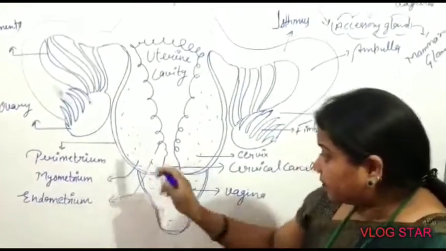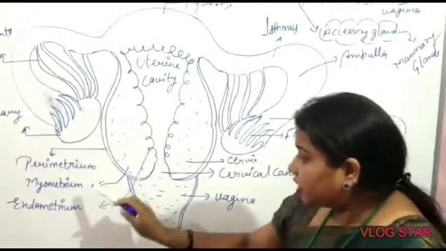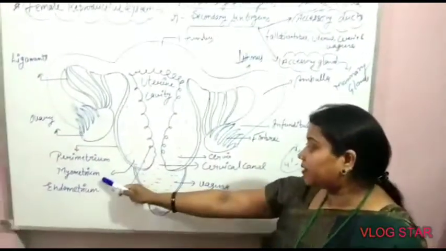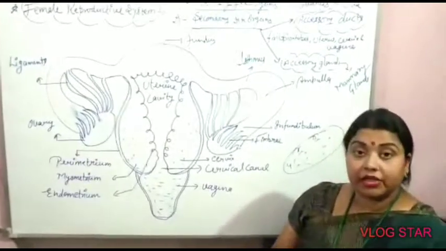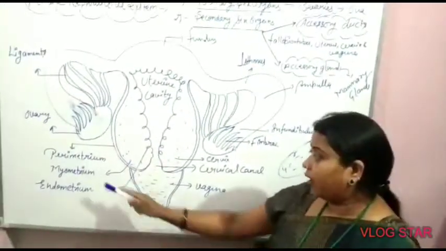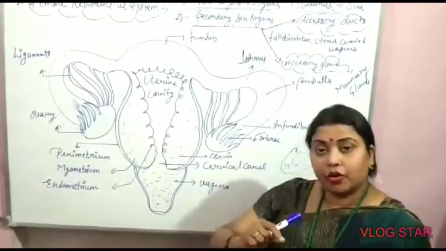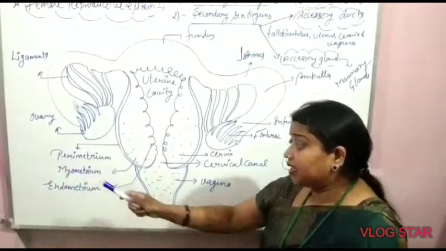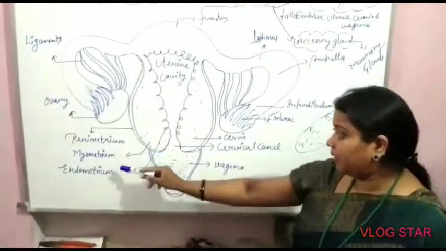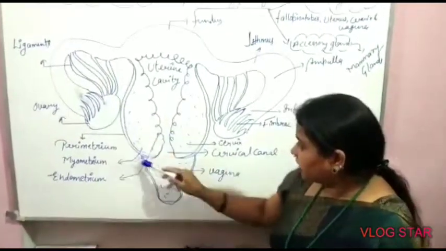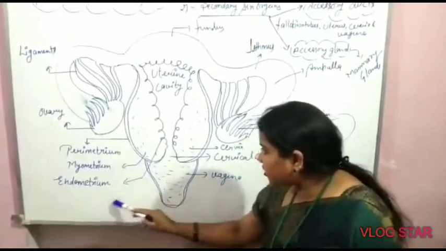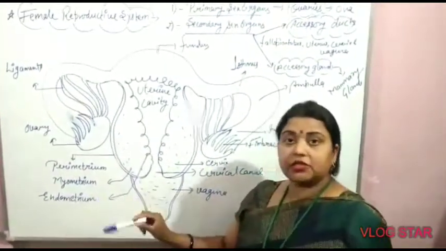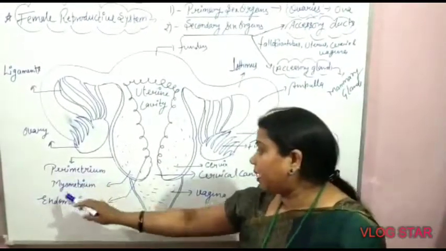The main important role of the myometrium, which is made up of smooth muscles, is that it helps in strong contraction during the delivery of the baby. Because it is made up of smooth muscles, it helps in strong contraction during delivery, while the perimetrium forms the skin of the uterus, and the endometrium, the innermost layer, secretes some hormones which help in the expansion and contraction movement of the myometrium.